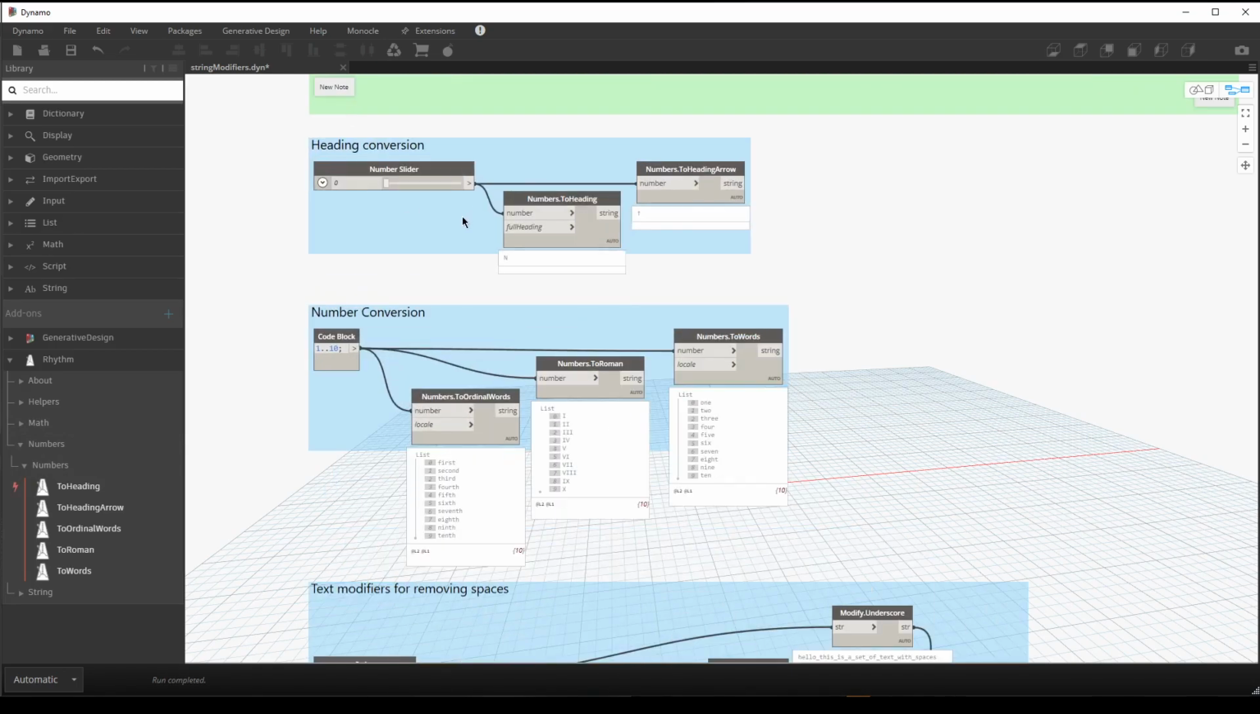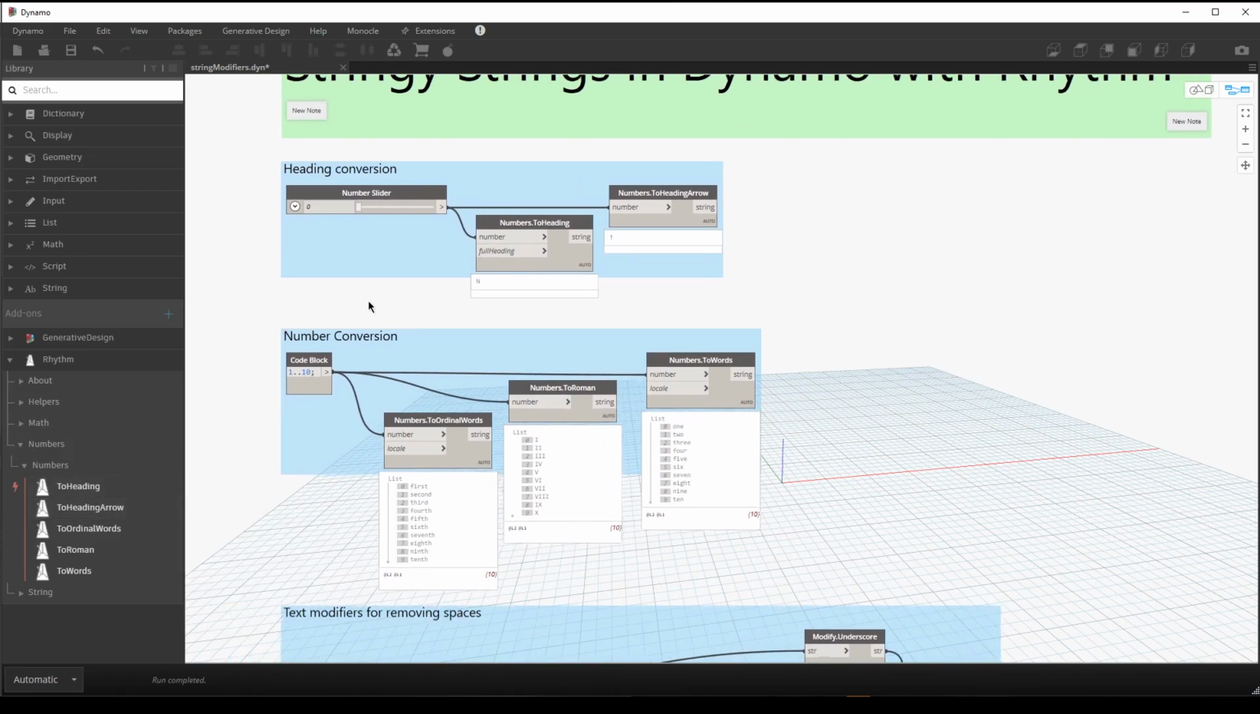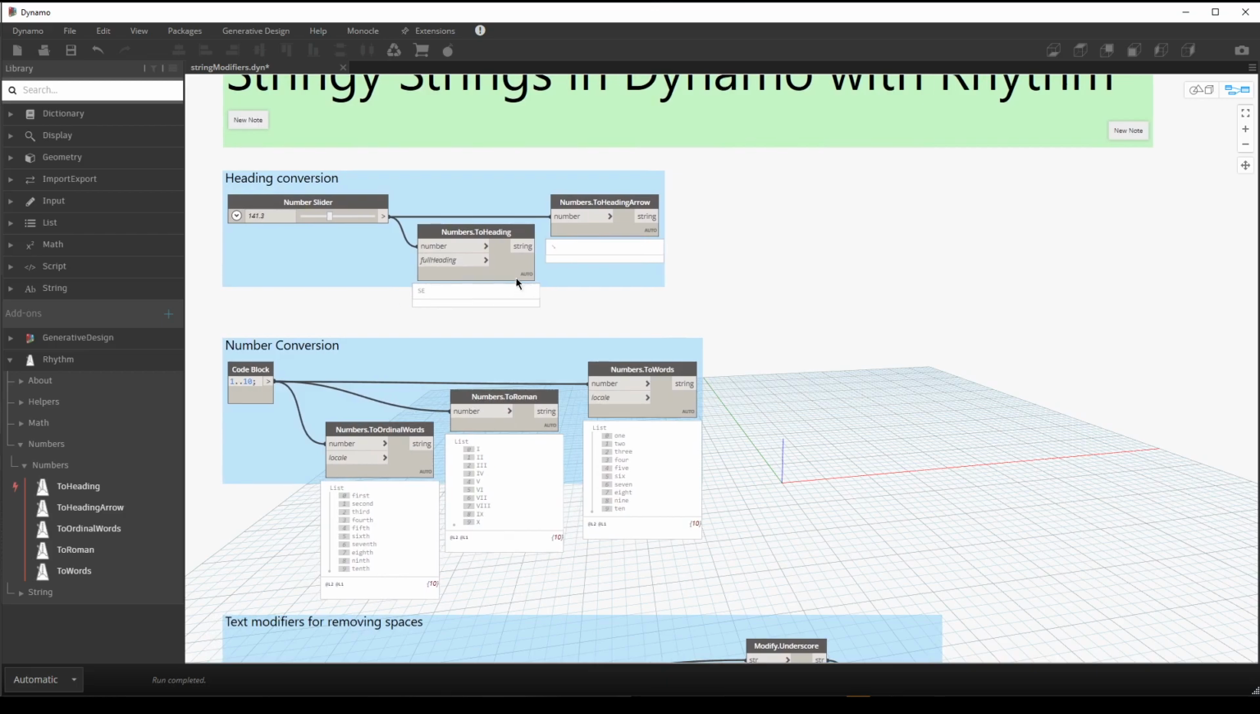So the first set would be for converting headings. This would be the 2-heading and 2-heading arrow options. If we input a number object and we change the value, it will start to give you the heading values. So in this case, I have southeast, and then I see the arrow as well. If I were to put a true value into full heading, it will actually spell it out. So this is a really cool way of using these values to actually put common language right into parameters within